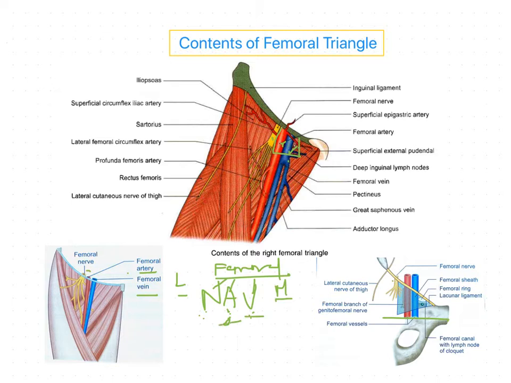Now, femoral artery and its branches. What are the branches it can give? It can give 6 branches. So just keep it in mind. We are going to discuss these branches in detail when dealing with the arterial supply of the lower limb. In the triangle, the femoral artery gives off 6 branches, 3 deep and 3 superficial. Okay, that's it. Next, coming to the femoral vein.